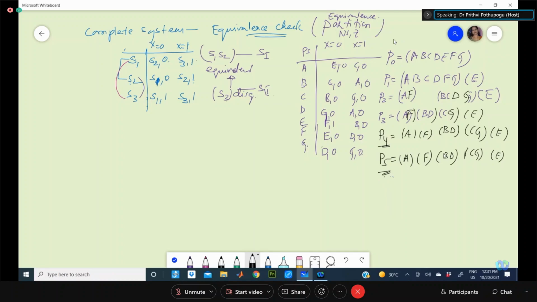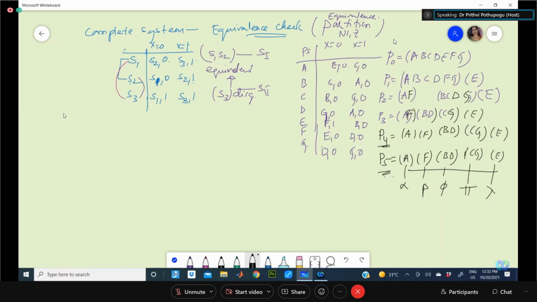Further partitioning won't be possible. That means we minimized something here. We minimized based on the equivalence. Now what was previously 7 states, you are able to convert to 5 states. Now we'll be renaming them as something like alpha, beta, pi, any names you can give. Then we'll be writing that table into a minimized form.